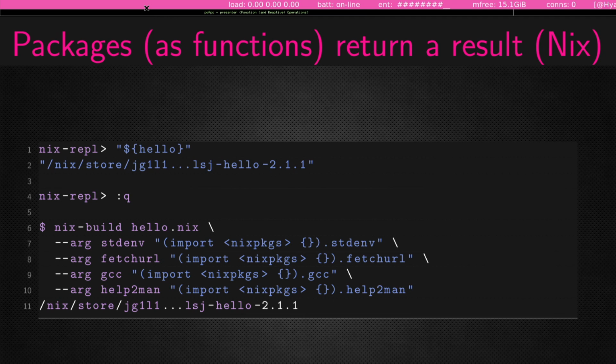Now, you'll notice there's a cryptographic hash there, which represents the whole transitive dependency tree of everything that went into building that hello package, right? And that way, we don't have shared paths. We don't have shared mutable state. We don't have to overwrite anything. If anything in the transitive dependency tree changes, then the cryptographic hash changes, right? And it's written to a new path.